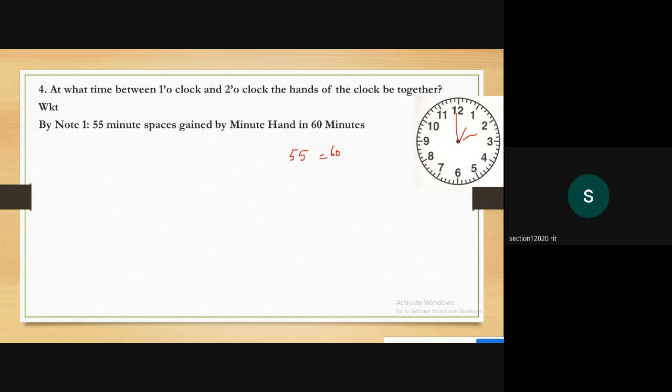55 is equal to 60. I can write as 5 is equal to x. You try to cross multiply. If I cross multiply, I can write 55x is equal to